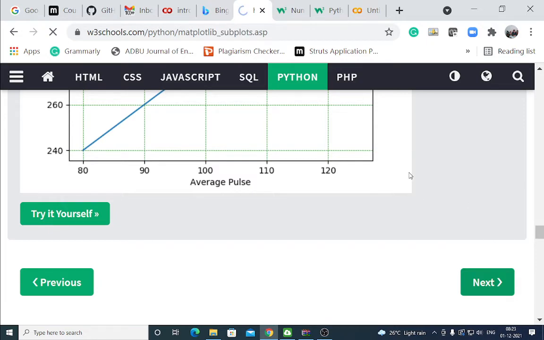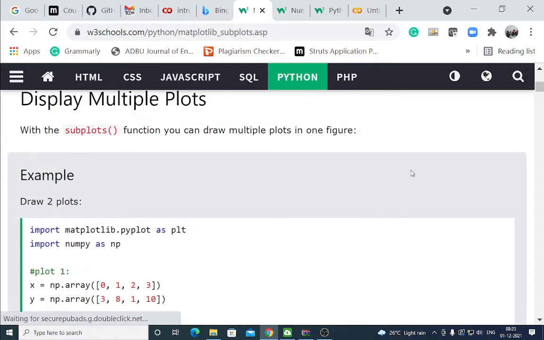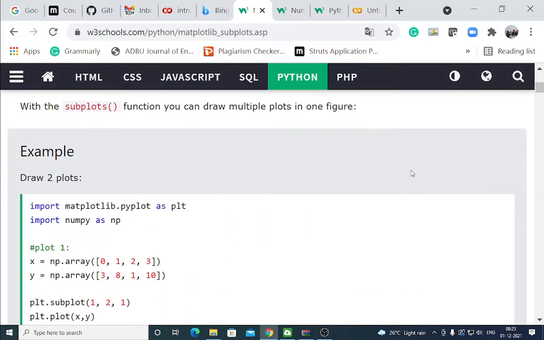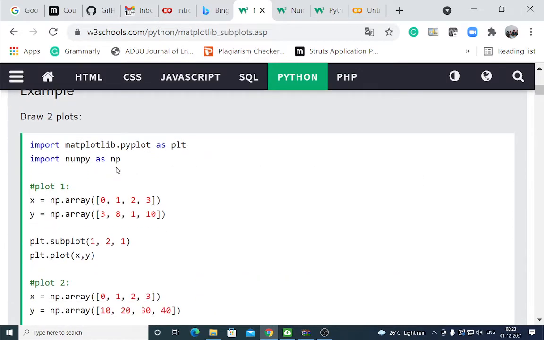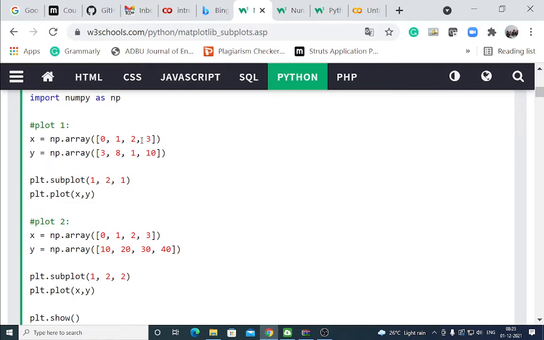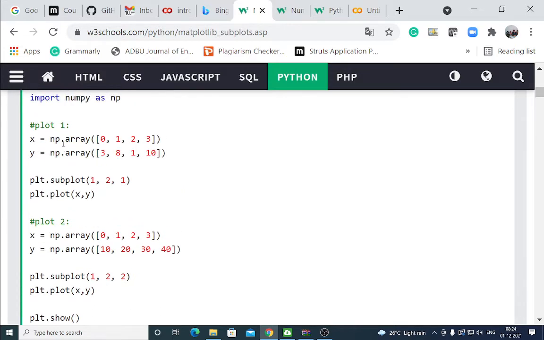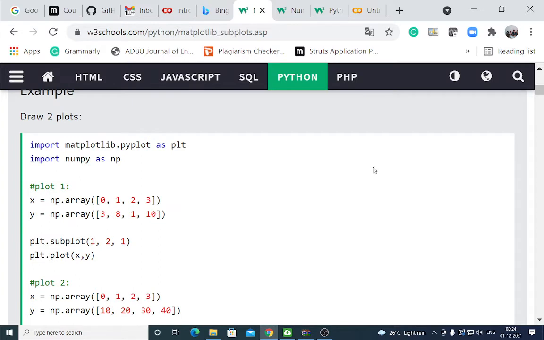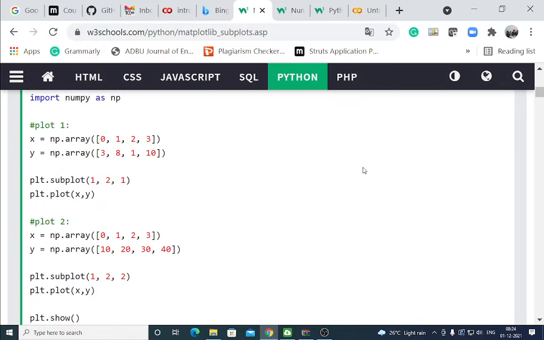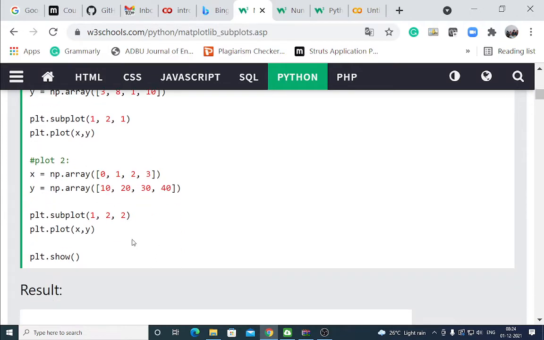Next, display multiple plots. numpy as np, np.array, plot two arrays, two graphs are required here. Subplot 1 2 1 plot, and then subplot 1 2 2.